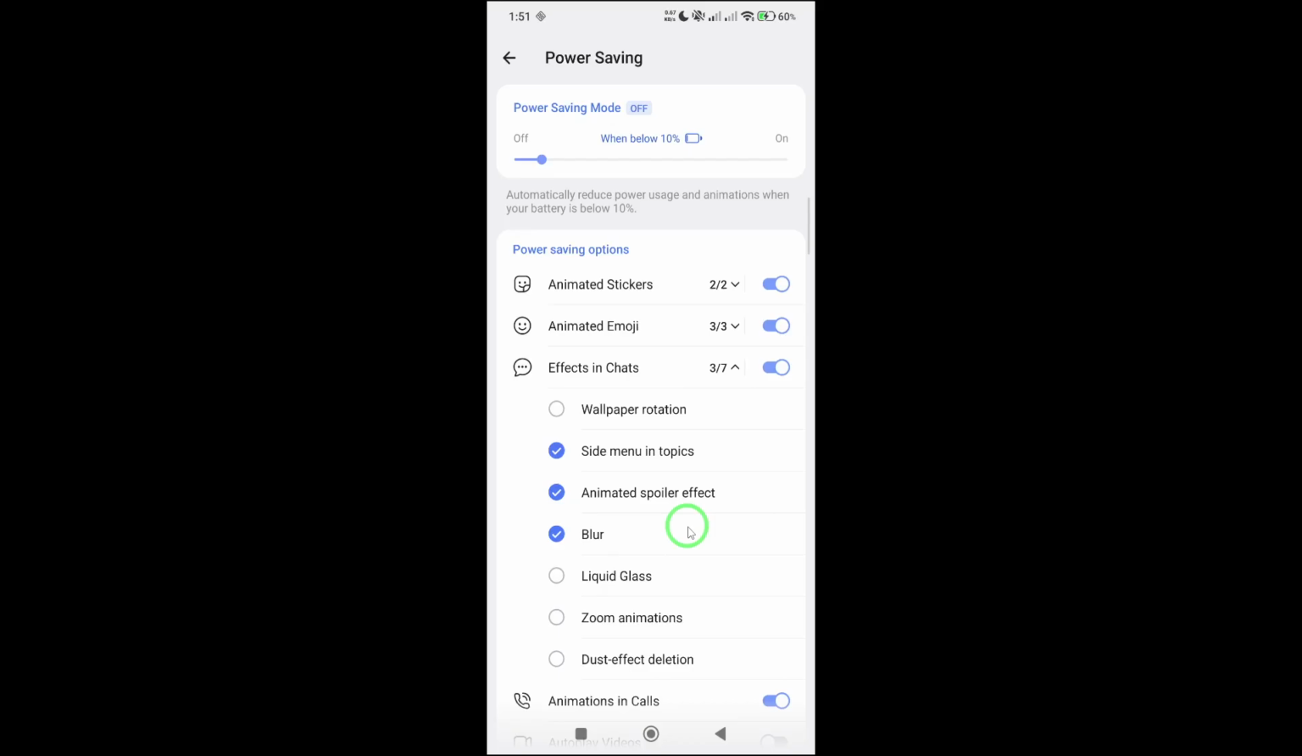With this feature enabled, navigating between different topics becomes smoother and more efficient, especially in busy group chats or channels